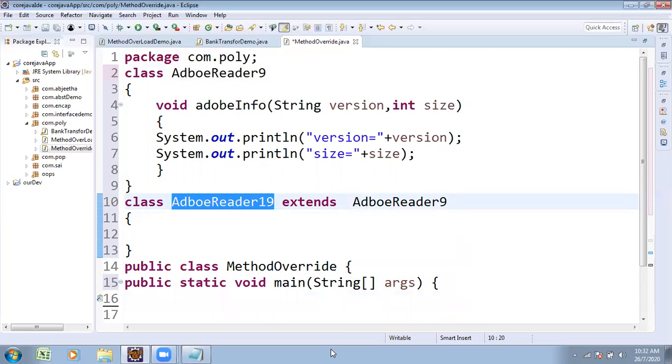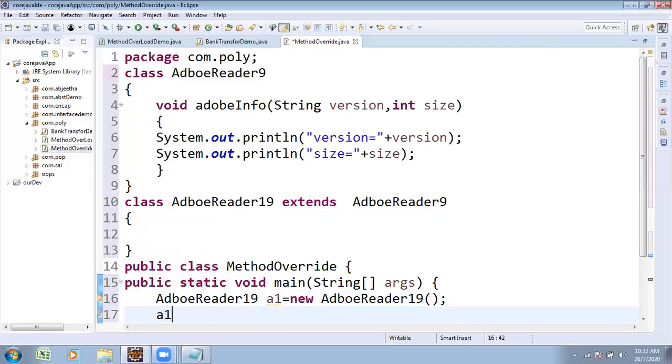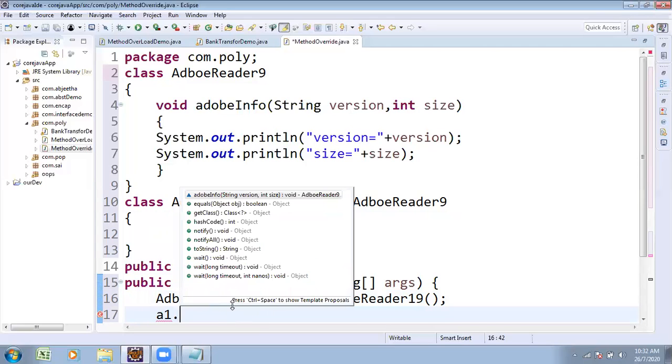Subclass name is AdobeReader19. Class name, object name equals new class name. Through that object, you want to call the method a1 dot, what is the method? adobeInfo method.